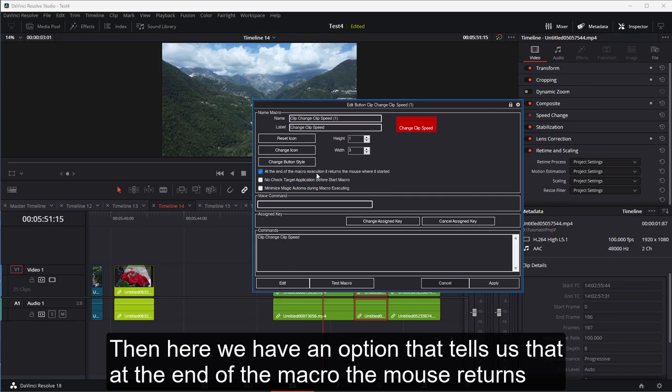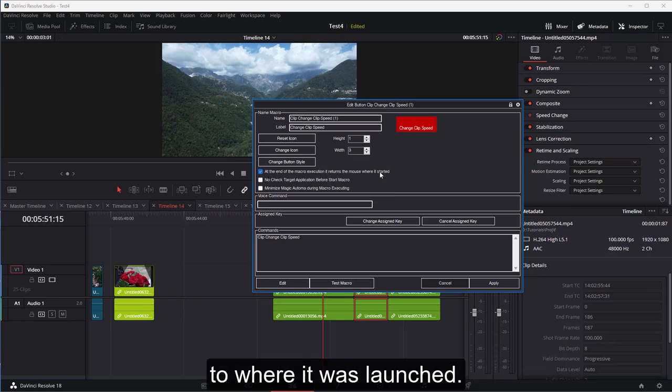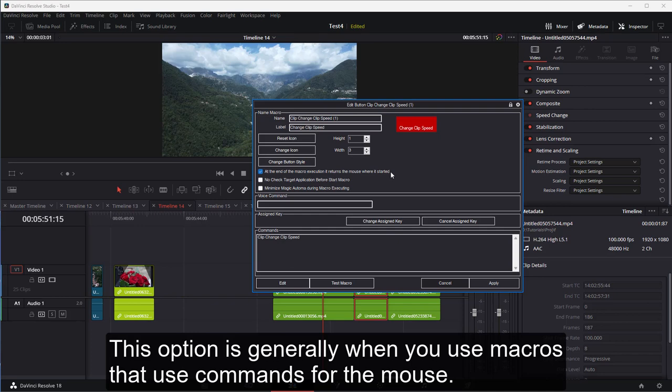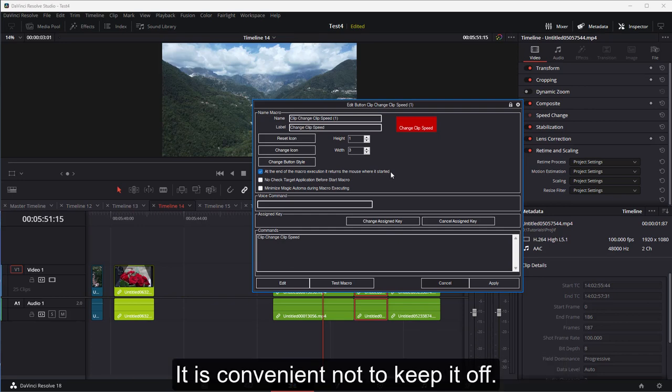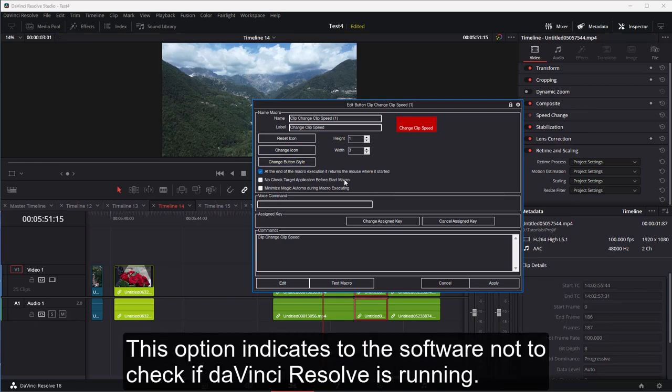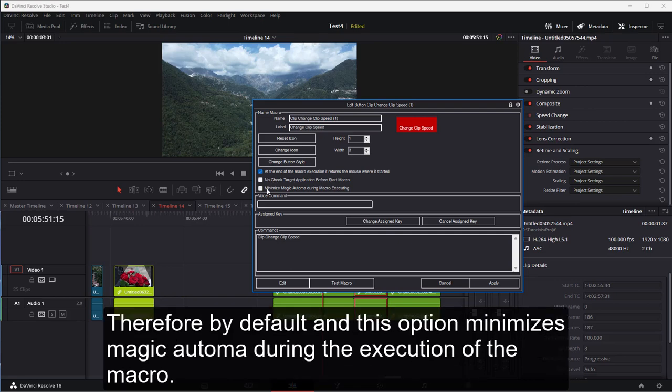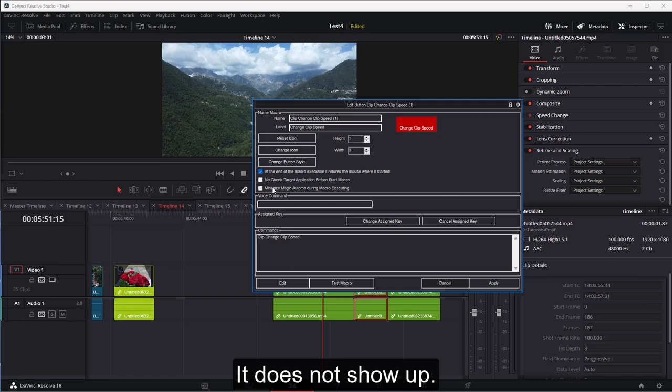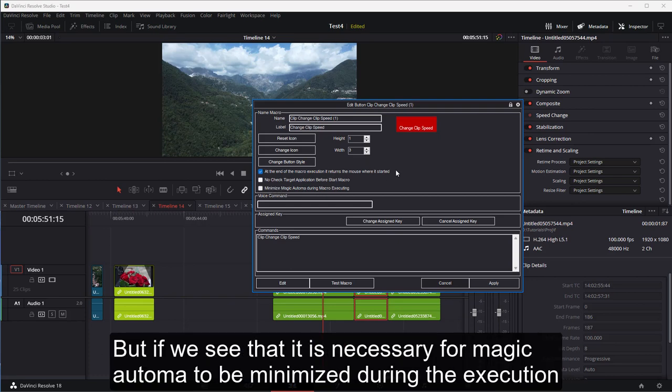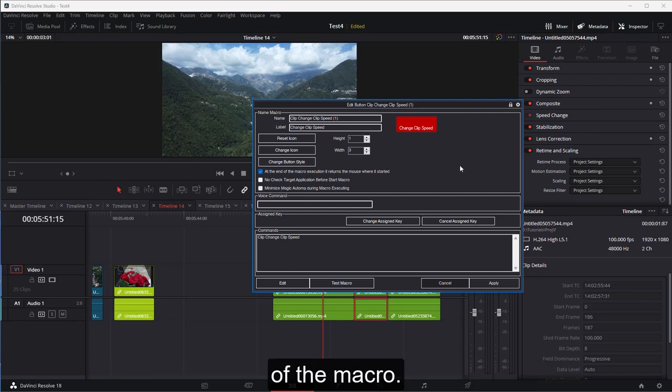Then here we have an option that tells us that at the end of the macro the mouse returns to where it was launched. This option is generally used when you use macros that use commands for the mouse. It is convenient not to keep it off. This option indicates to the software not to check if DaVinci Resolve is running. Therefore by default, this option minimizes Magic Automa during the execution of the macro. It does not show up. But if we see that it is necessary for Magic Automa to be minimized during the execution of the macro,